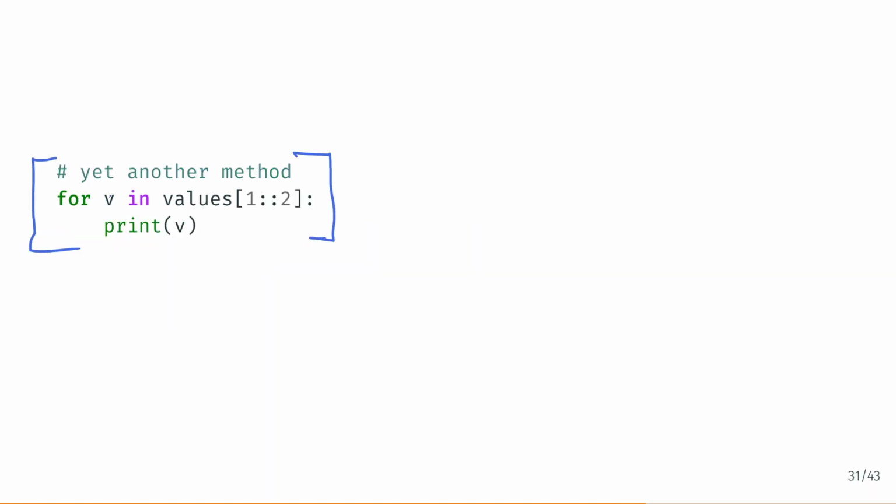Okay, so for every value v in the sublist of values starting from the begin index 1, end index is count, which is 100, and a step size of 2, print v. Okay,